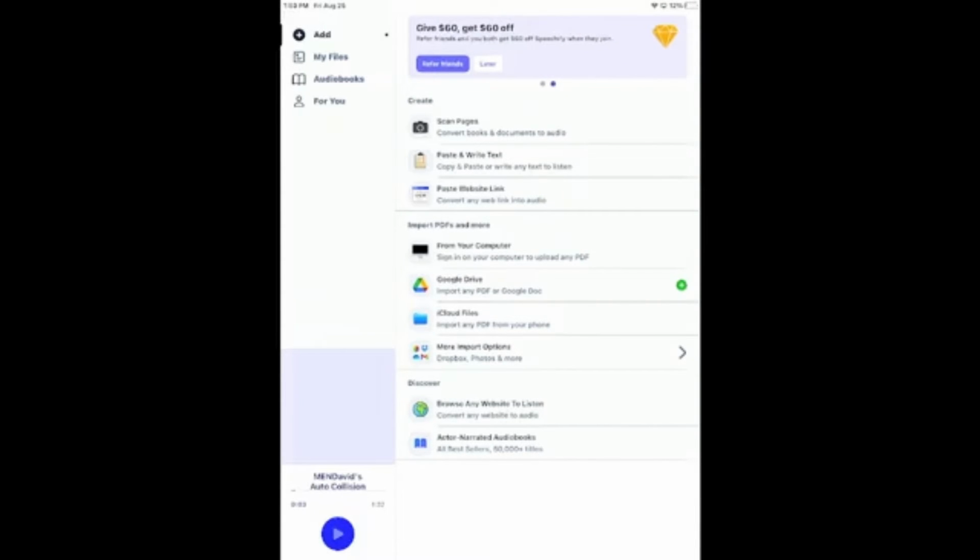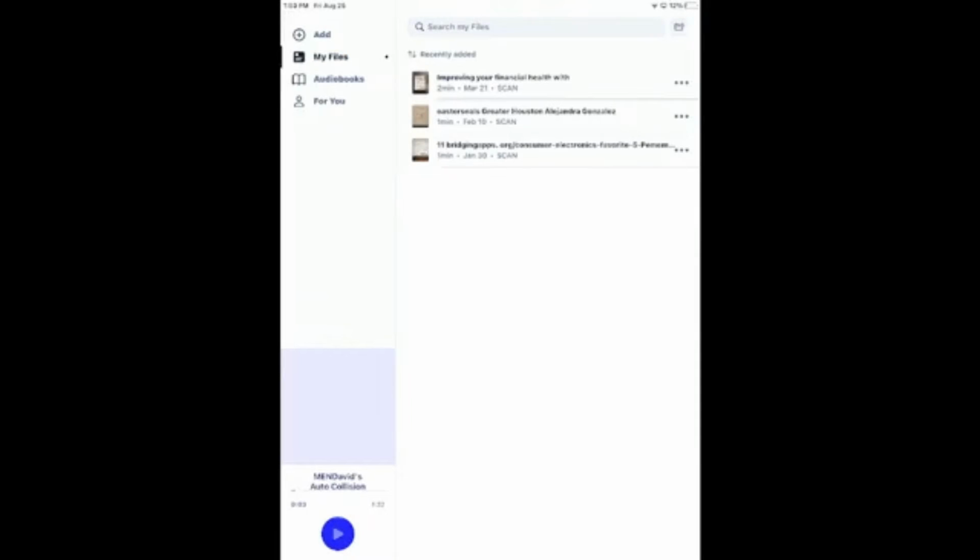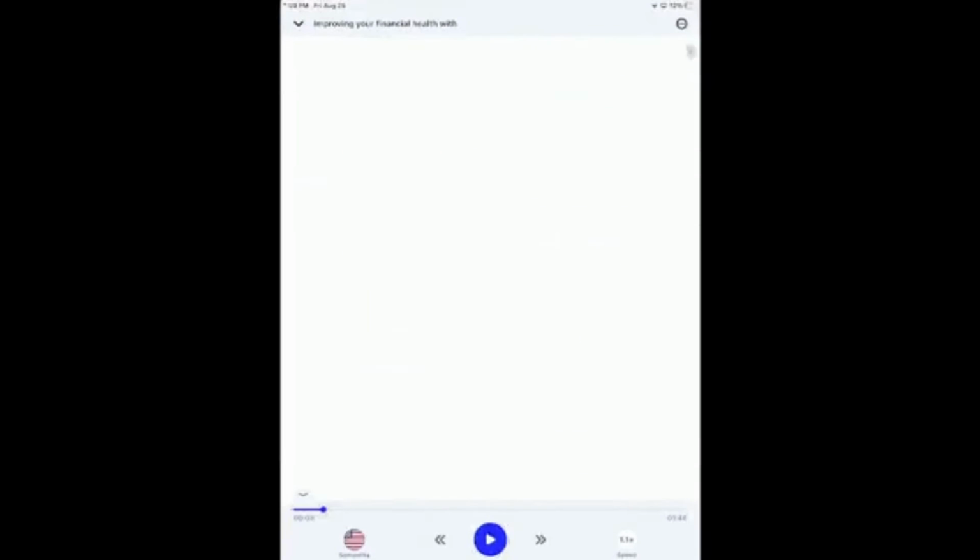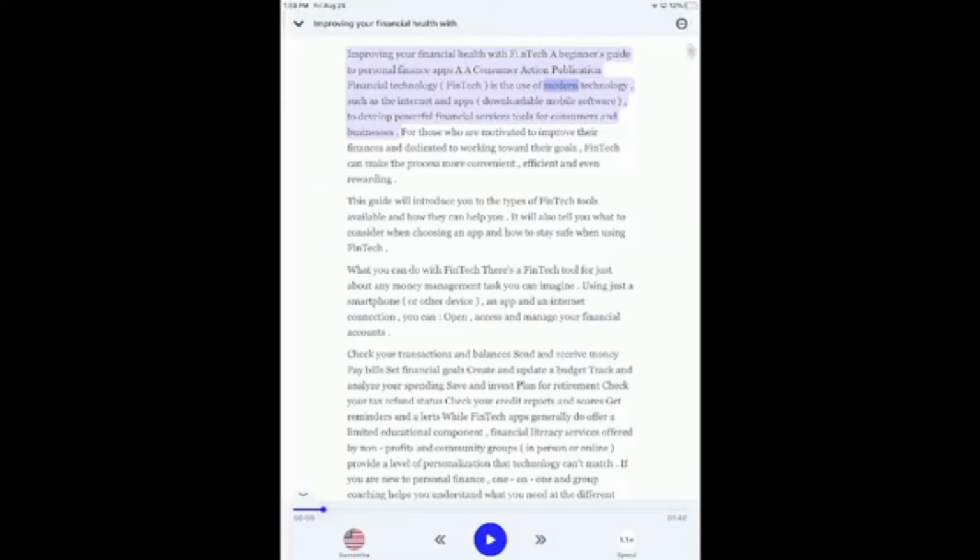So for me, I already have a couple files saved. And so this is the Improving Financial Health. So when you go ahead and open it, what I like is that as it is reading, it is highlighting that word. So kind of like how I talked about reading comprehension, this keeps them accountable for what they are reading, because as they are listening, they're also able to follow along with that highlighted word. So when you go ahead and click that play button,